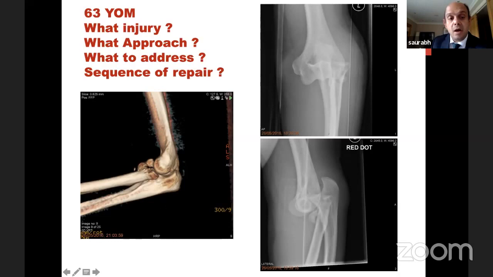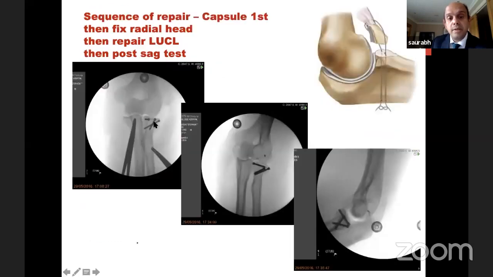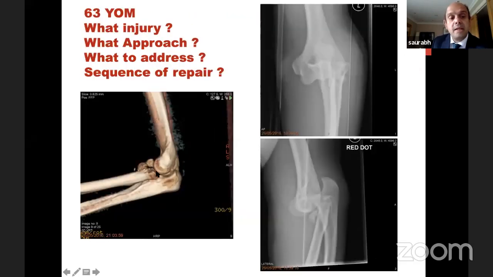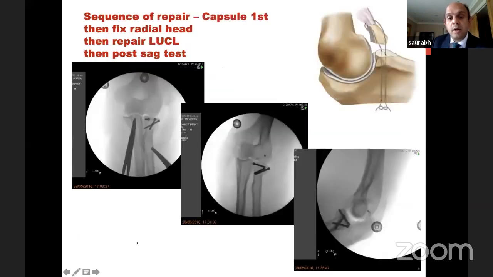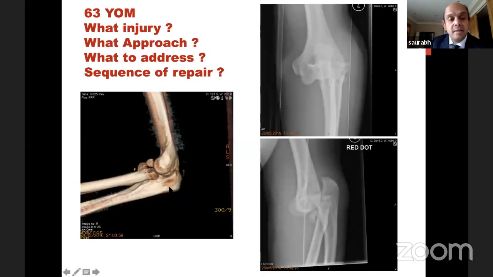So in this case, I know I fixed the radial head, all right? So if I bring you back here, this radial head will obstruct my view of the coronoid or the capsule. So what I would have done is, I think in this case, because these 2 pieces could have come out in the dish, there was enough gap in the front for me to address the coronoid or capsule. If I couldn't have, I would have done a medial approach.